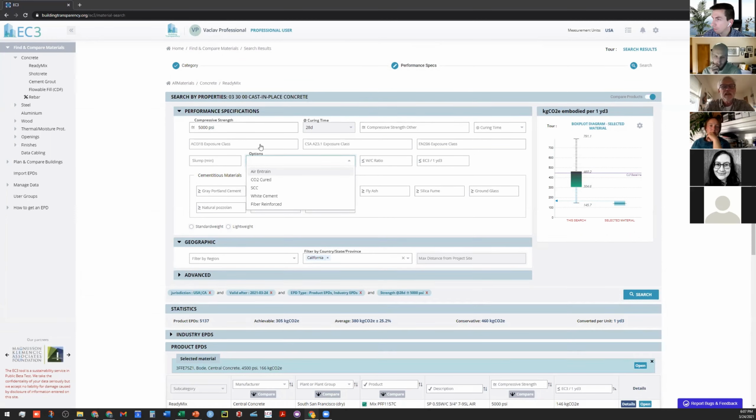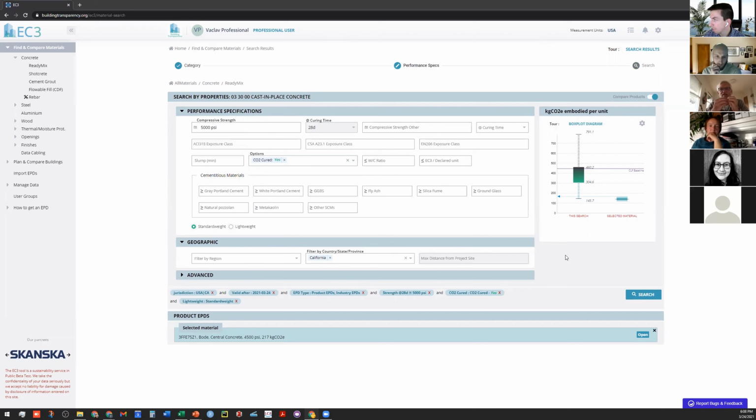Probably. Yep, exactly. So we can try this with, let's say, CO2 cured standard weight. Now we're getting a little more specific: water cement ratio, all those kinds of things. Now if I click search. I think another important thing, sorry, Ali here from WebCore, I've been using this tool.